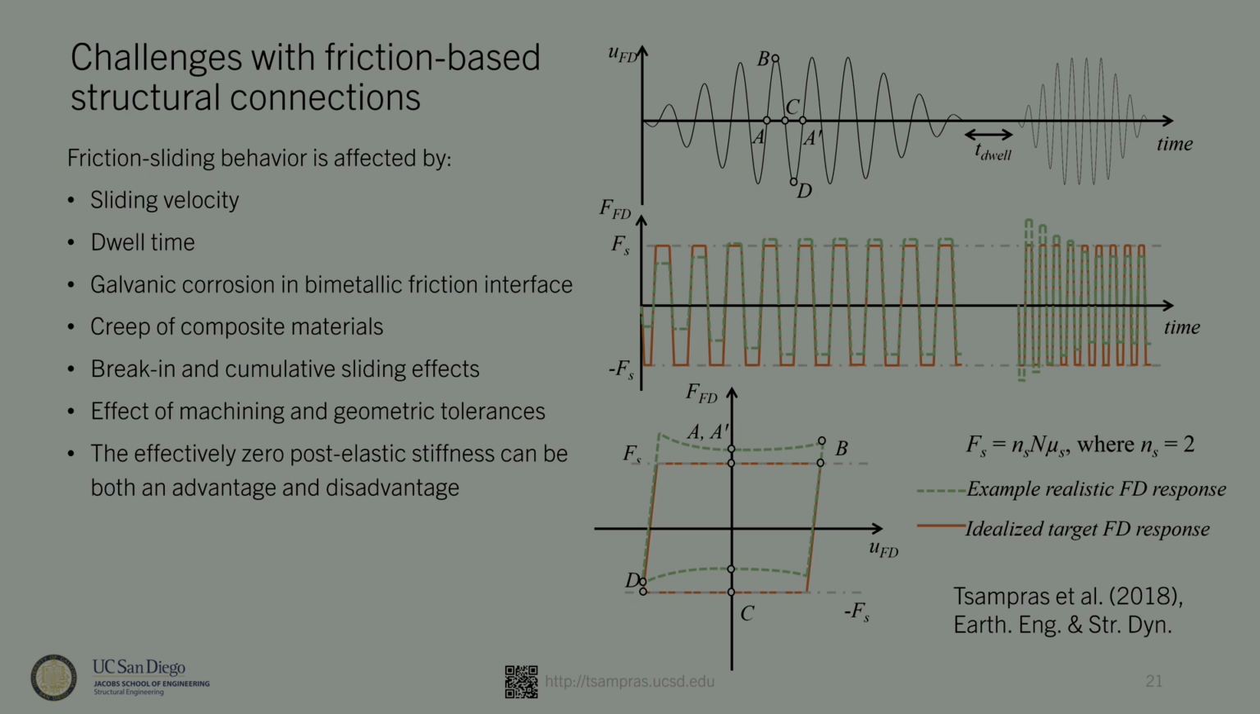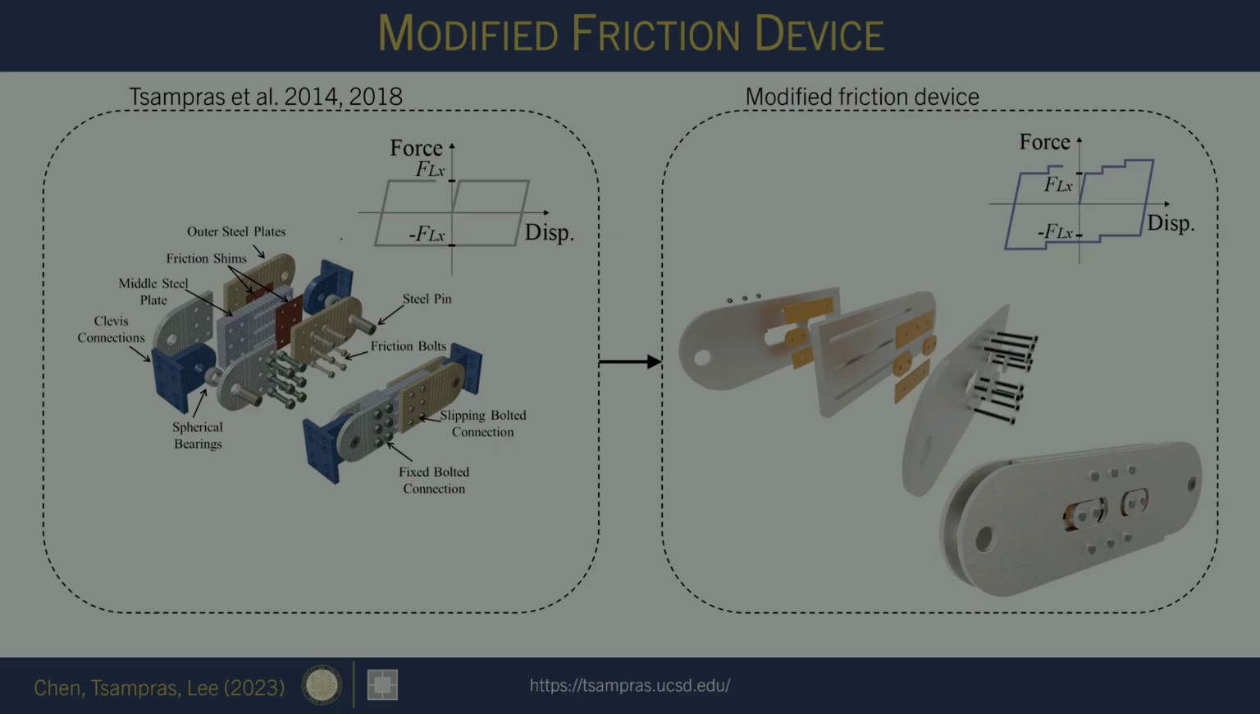And then this, I guess, has a duality. The effectively zero post-elastic stiffness can be good, can be bad. If you do capacity design, it's nice. If you don't do capacity design and you want stability at the system level, you may want some secondary post-elastic stiffness. And in order to address that, I will quickly say that we have developed a modified friction device that